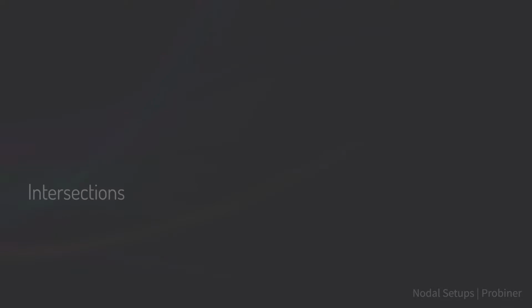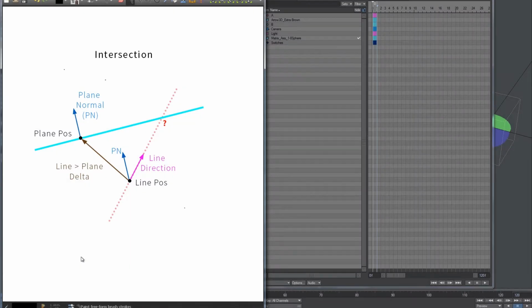Hi, I'm going to talk about intersections, and this problem also uses the dot product. I just decided to do it on the side of the other ones, so I could shorten that one. So the base case that I'm going to use to talk about this is the intersection between a line and